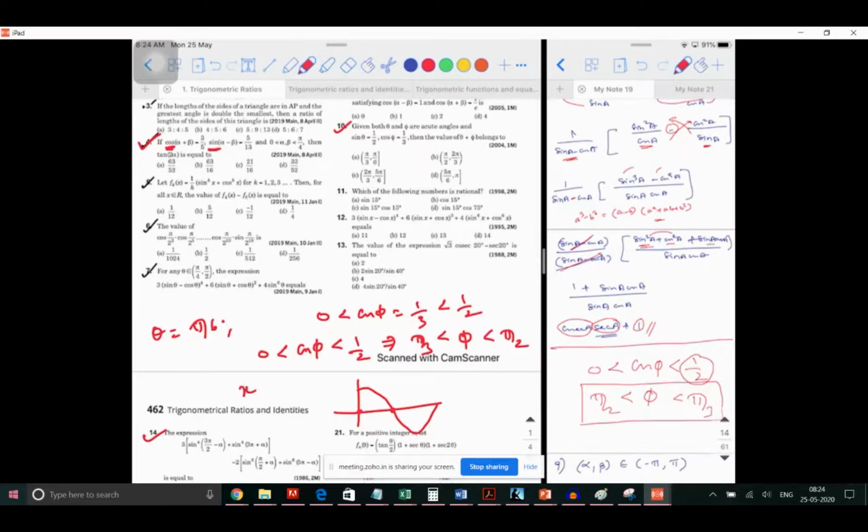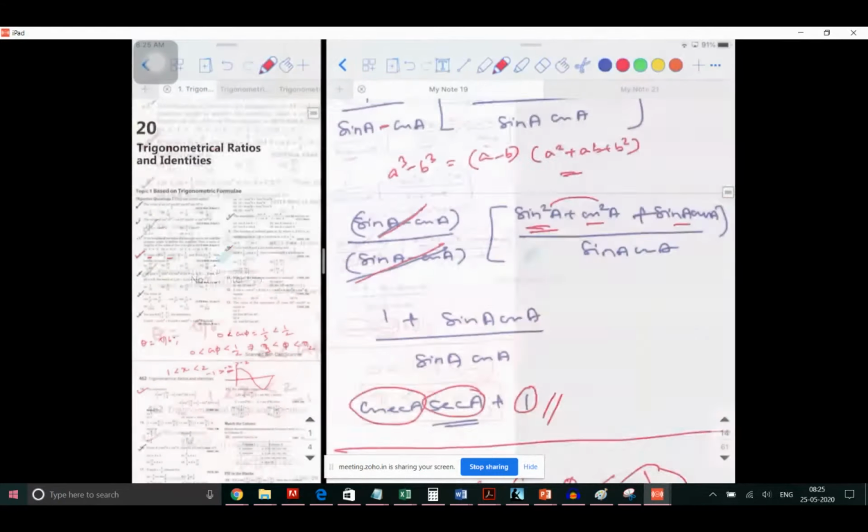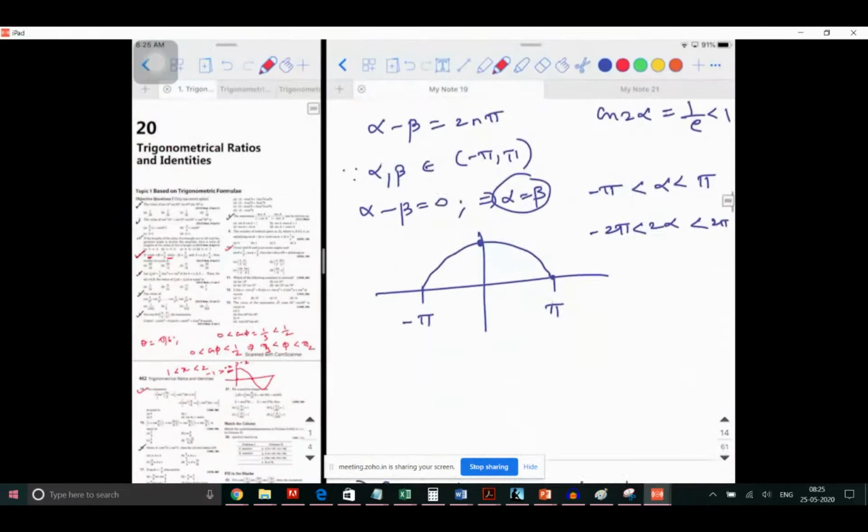See, for example, x is greater than 1, less than 2. When you multiply with a minus sign, what happens? Minus 1 is greater than minus x is greater than minus 2. You just reverse the inequality, right? Similar is the case where you are dealing with a decreasing function. So in this particular question, they are testing only the concept of decreasing function. That is why it is taking this much time. I hope I'm clear.